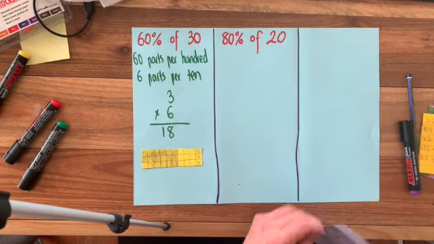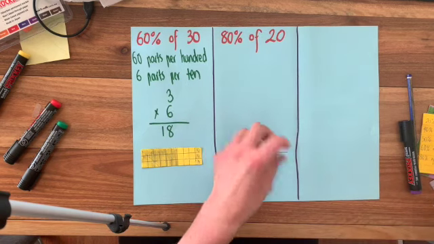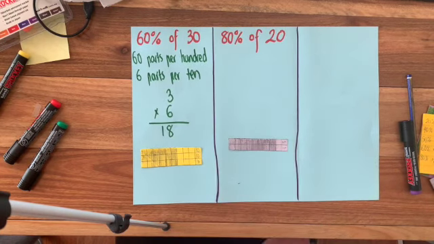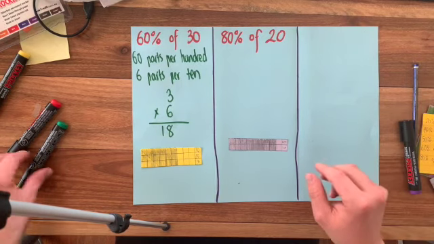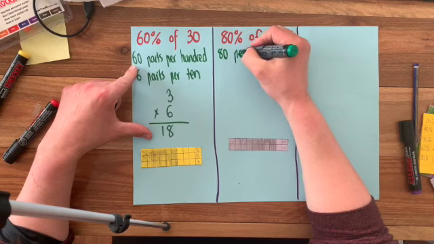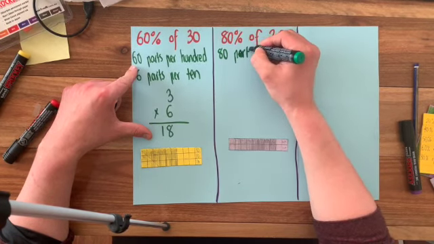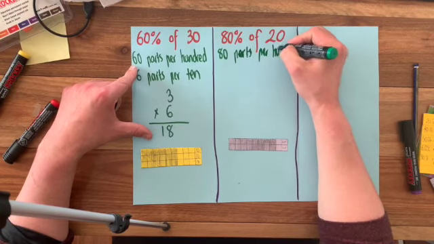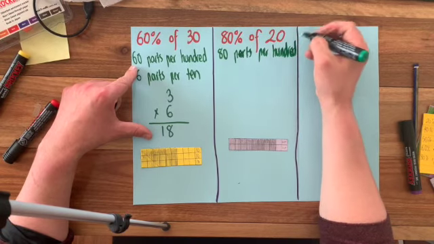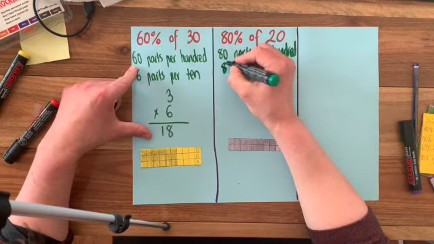All right, our last example. We've got a total of 20. So our diagram needs to show 20. Here it is. It's quite a small number compared to the rest. And we need to make sure that we write our steps out. 80% means 80 parts per 100. Or it can mean, and since we don't have 100, it means 8 parts